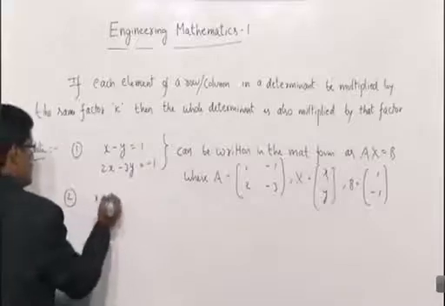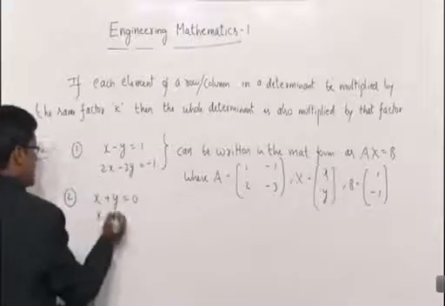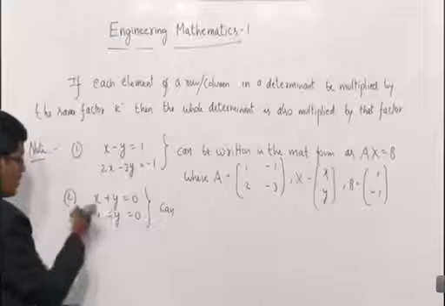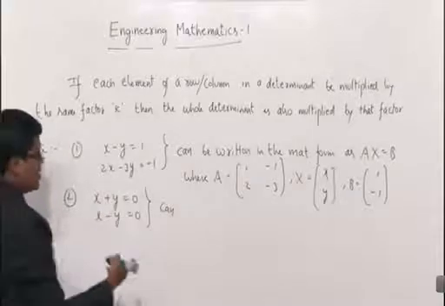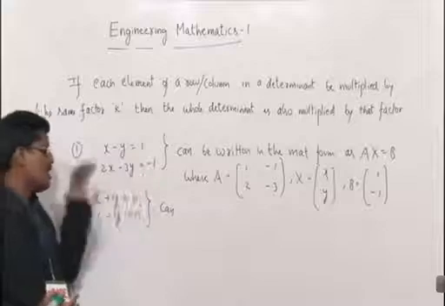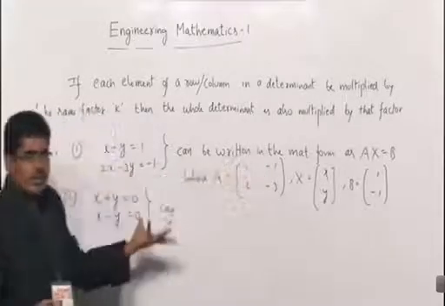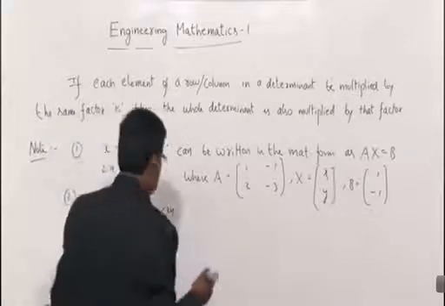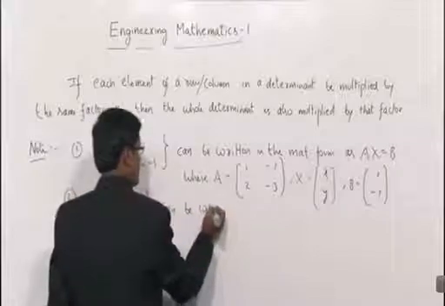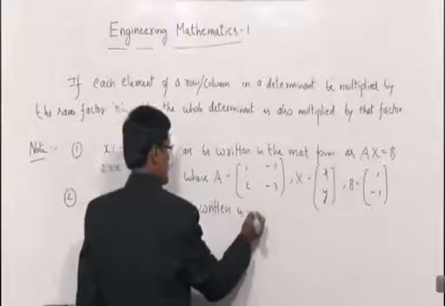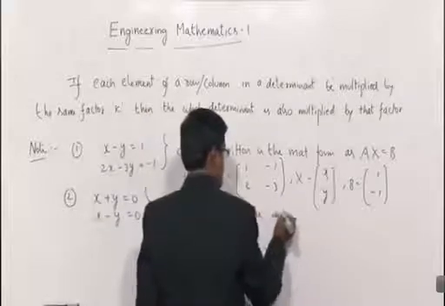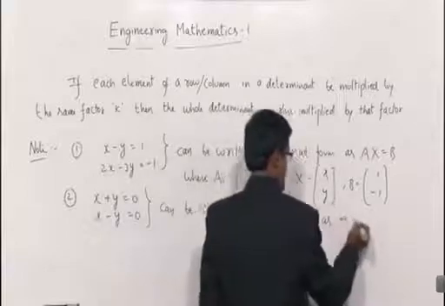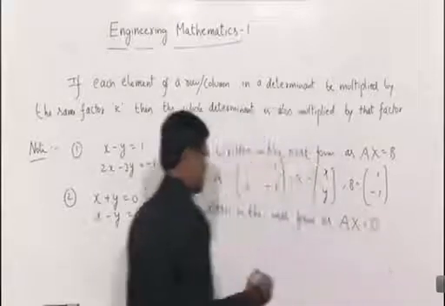Similarly, x plus y is equal to 0, x minus y is equal to 0. These are in standard form, all unknowns on the left side and zeros on the right side. Whenever at least one element on the right side is non-zero, that is called Ax is equal to B, non-homogeneous equations. Whenever all the right side are zeros, it is called homogeneous equations, after keeping unknowns on the left side only. It can be written in matrix notation form as Ax is equal to O, because the right side is all zeros, where